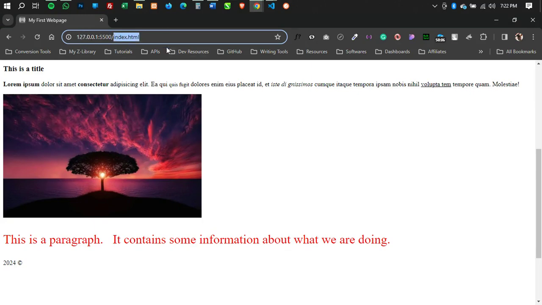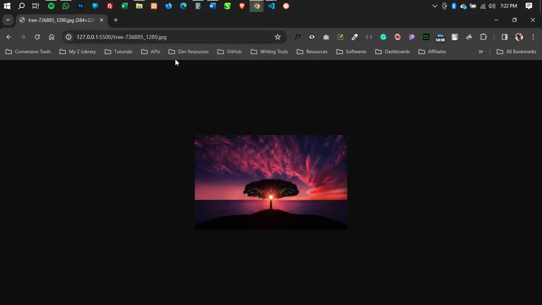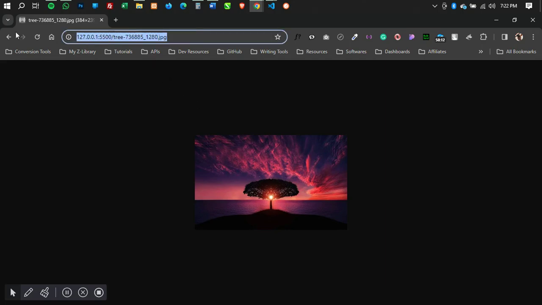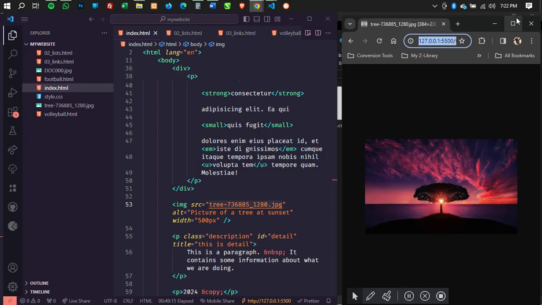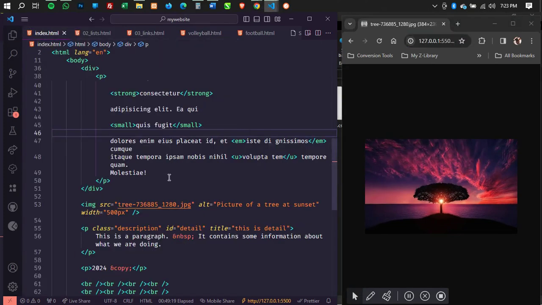So when I take this out and I bring my link over there, you realize that the image is opening. Are you getting it? Now this becomes an absolute link or an absolute reference. So when you're working in a project file and you are linking to files within the same project, you usually don't need to add an absolute link or absolute reference. You give a relative reference because it's going to locate to the same source or the same root.